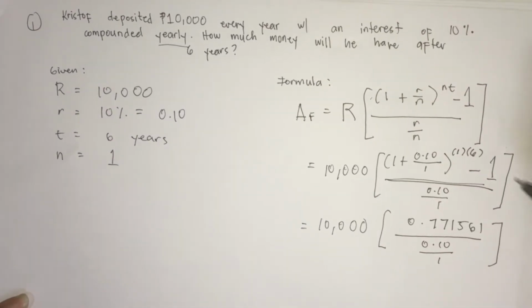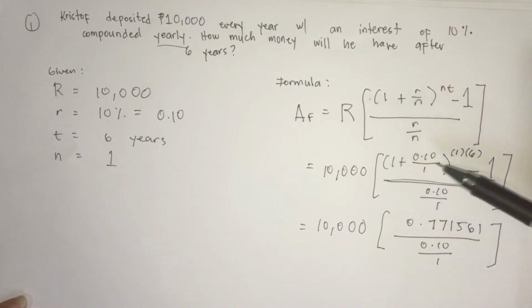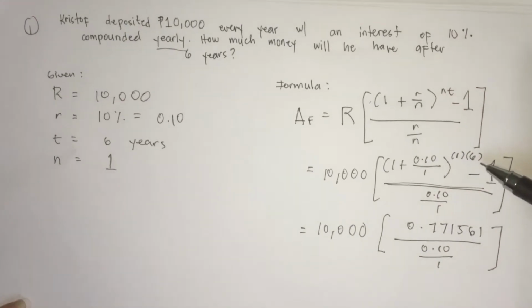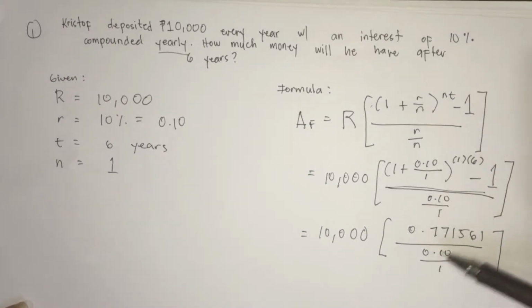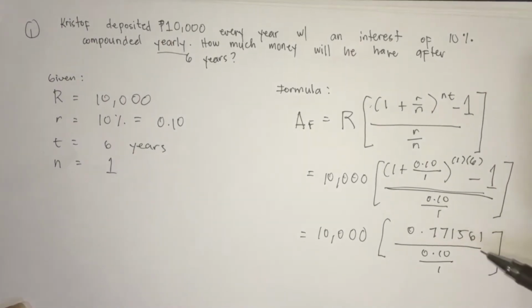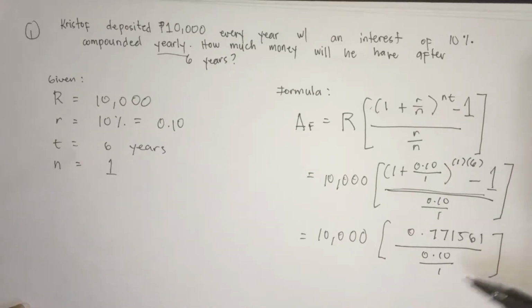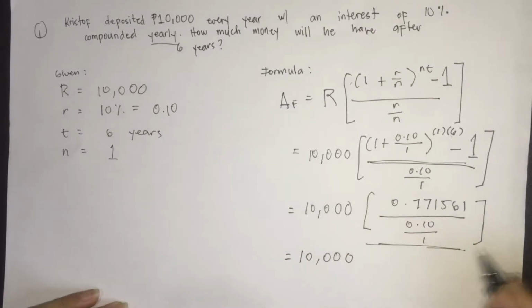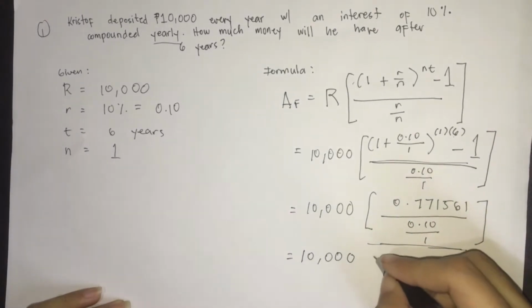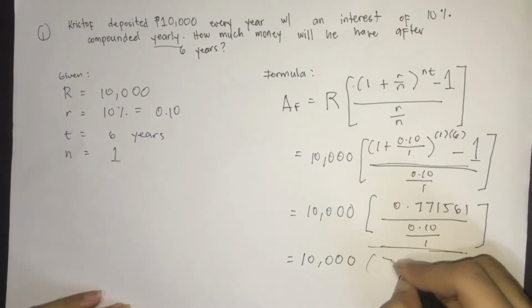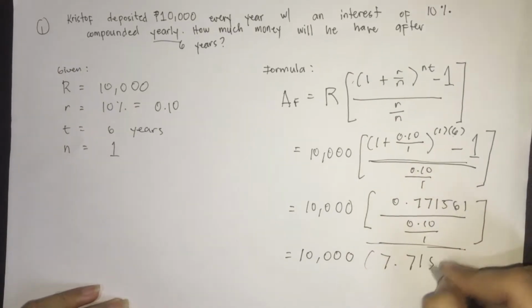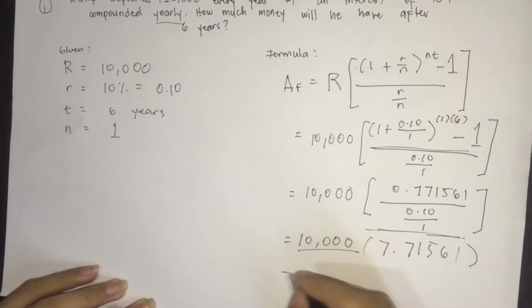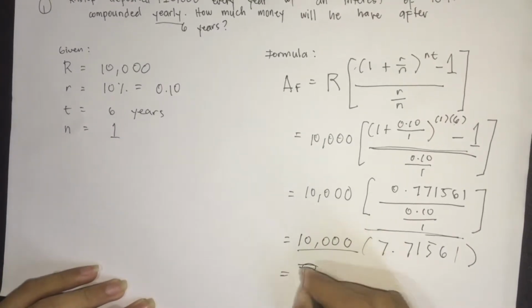So the answer for our numerator, which is 1 plus 0.10 over 1 raised to the power of 1 times 6, minus 1, is 1.771561, over 0.10 over 1. So we need to answer the numbers here in the brackets. So the answer for that is 7.71561. Multiply it by 10,000, the answer would be, in peso,